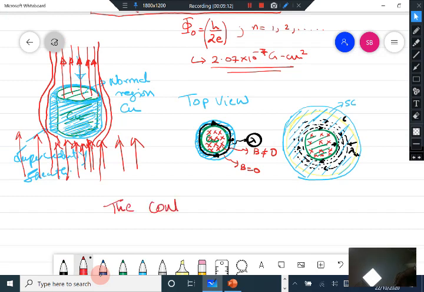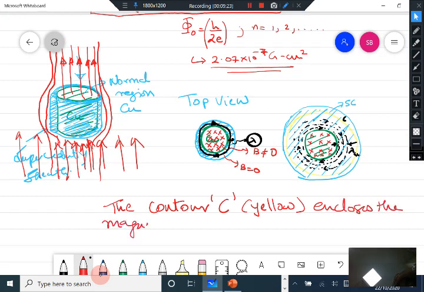The contour C, which is in yellow, encloses the magnetic flux region,